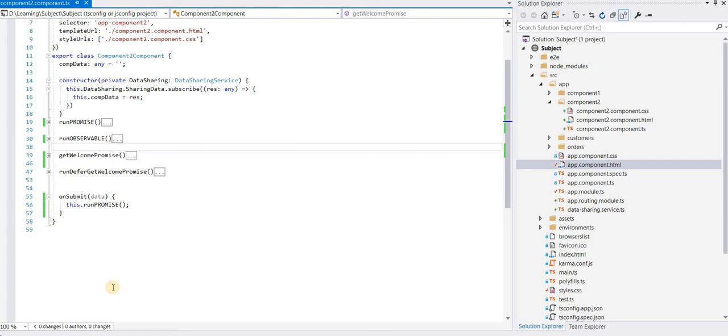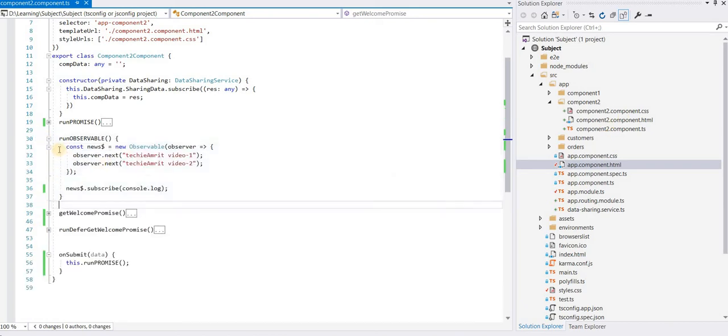So I have created a boilerplate. In my previous videos I have explained how to create the CLI boilerplate or the template for the Angular application. I created a small component where, in the TypeScript file, I created a run observable method in which I just created a constant and I push two events, or you can say two requests.